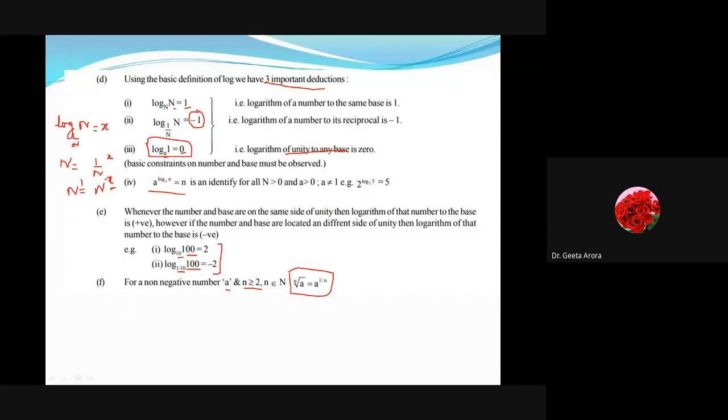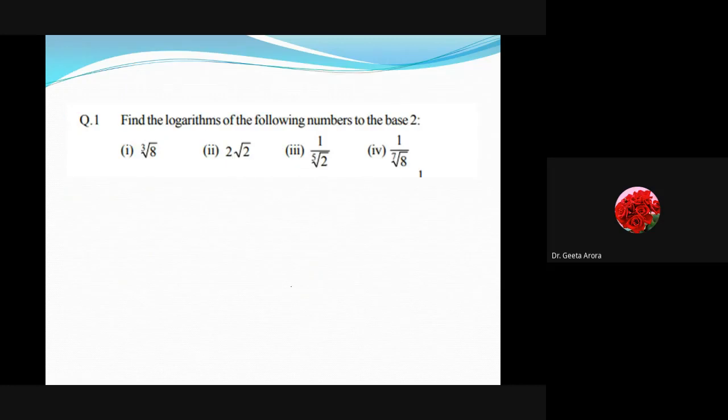So I hope some of the properties are known to us. If you have written them down, then it's very good, because we are going to do some numericals that you will help me in solving, and we are going to discuss them. And it will be much better if we go for the discussion mutually. Otherwise, it is just input going on and nothing is coming out.